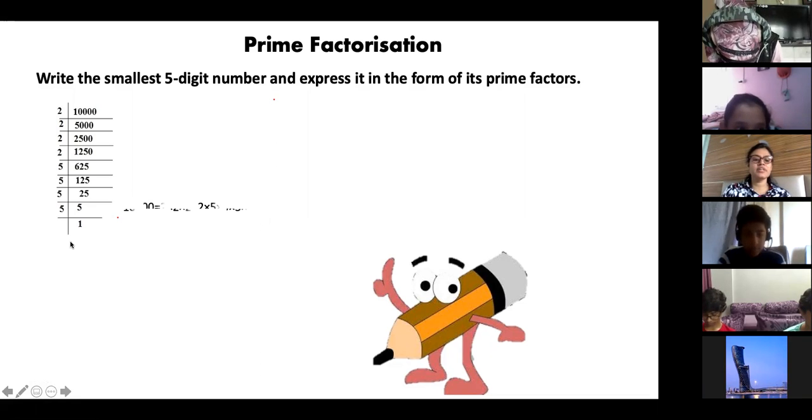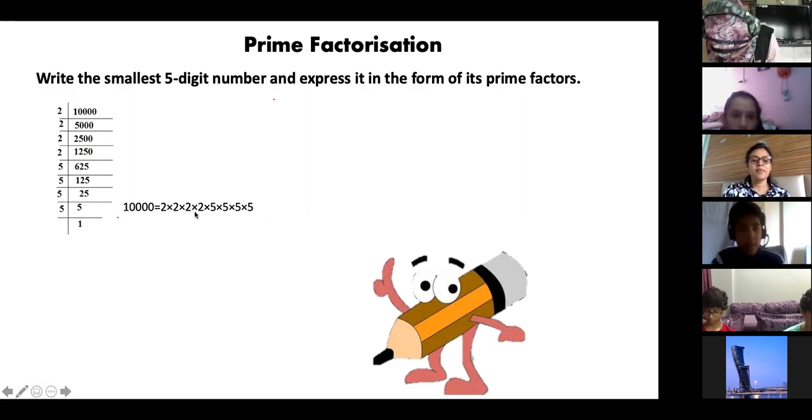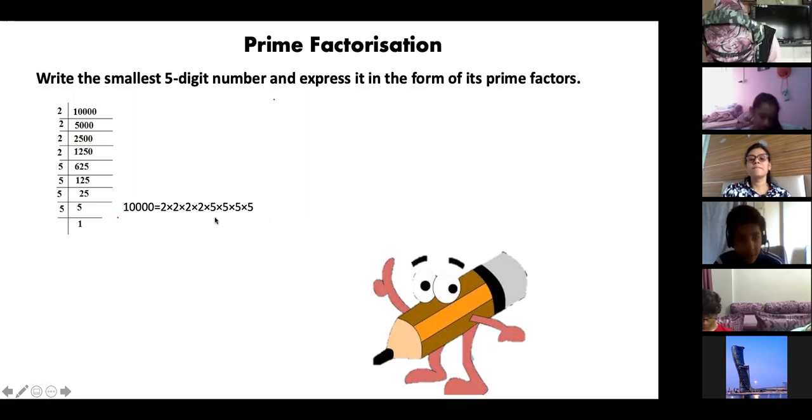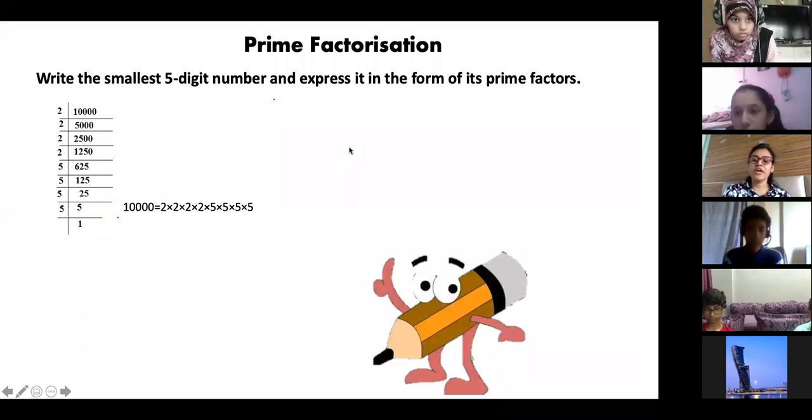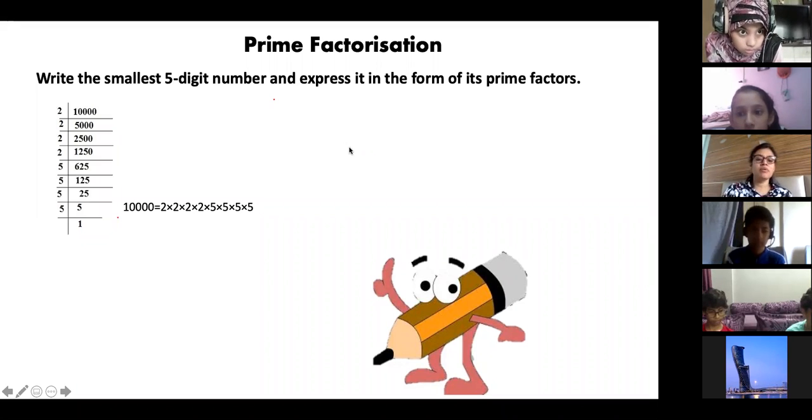Saklin, did you get the answer? Instead of 5 raised to 4, I got 25, and then I multiplied it by 25. Use 5 only. What is mentioned? Prime factors. Always remember, whenever it is asked prime factors or prime factorization, don't use a composite number. 25 is a composite number. So do this way only, all in terms of 2s and 5s.